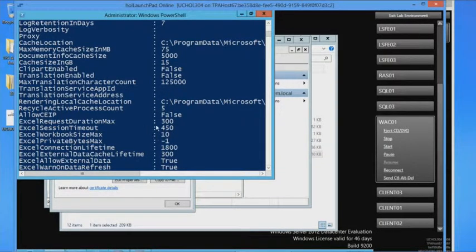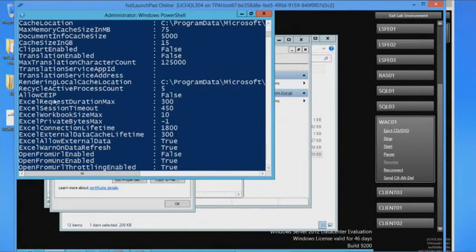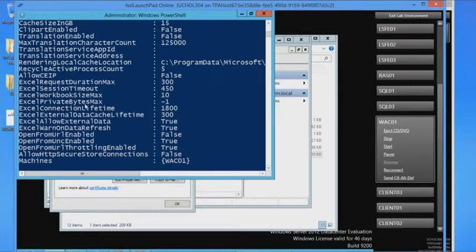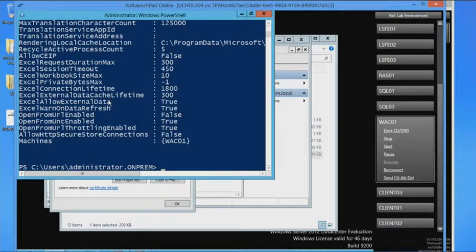Such as being able to write, such as what's the cache size of your content? Is clip art enabled? Is translation turned on? Where are you caching? What can be done with Excel? A lot of these additional things, though, are important when you're dealing with the Office Web App Server for SharePoint